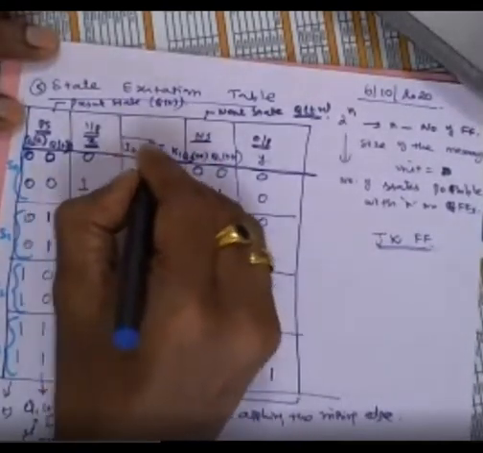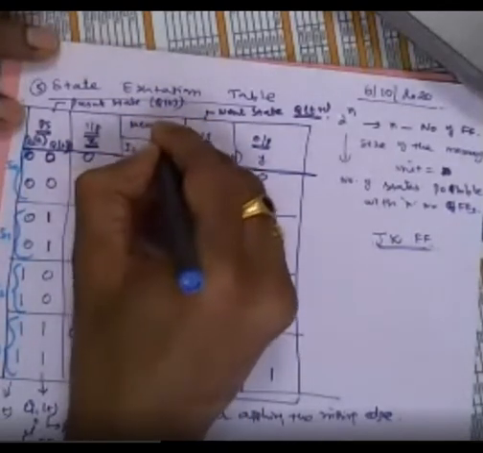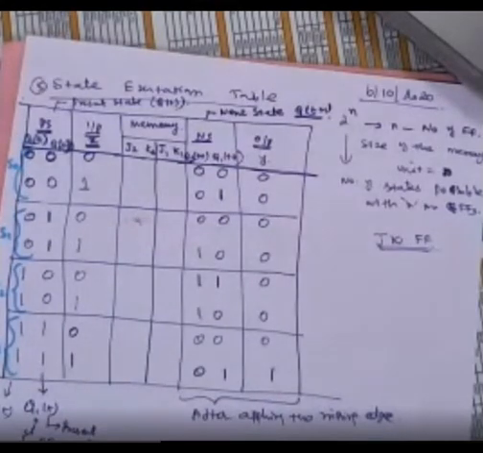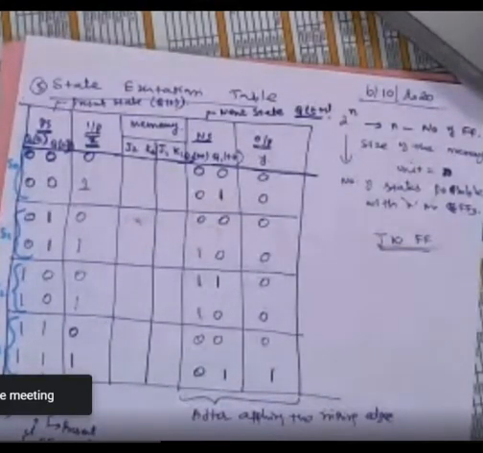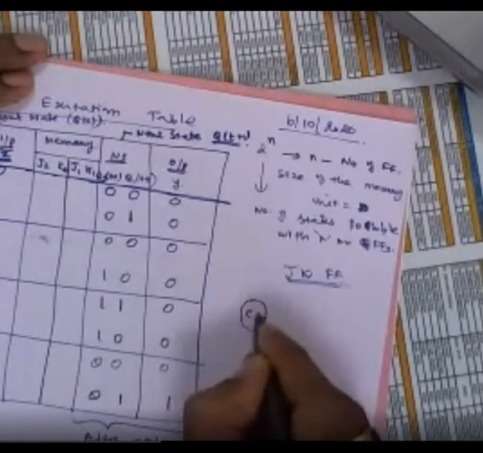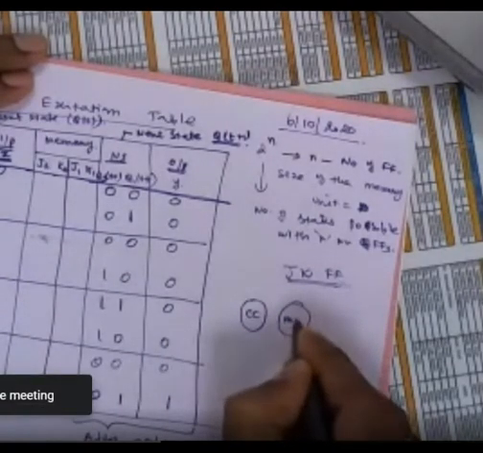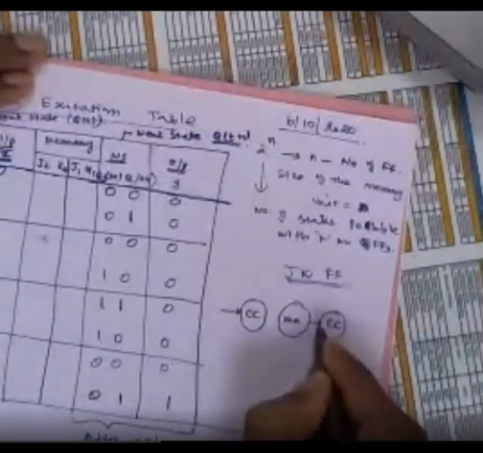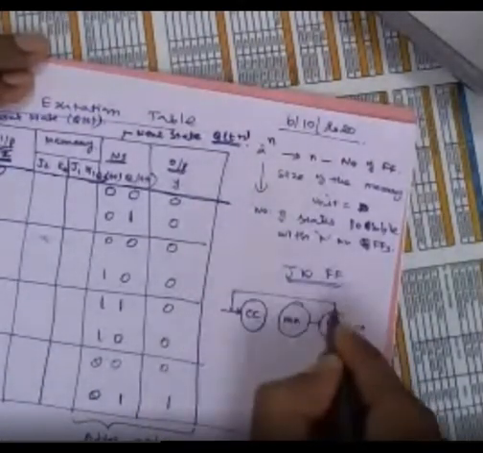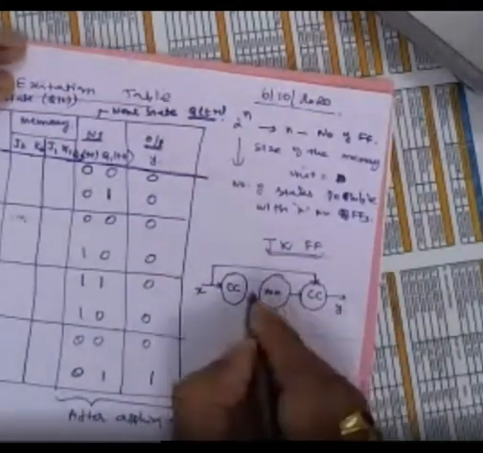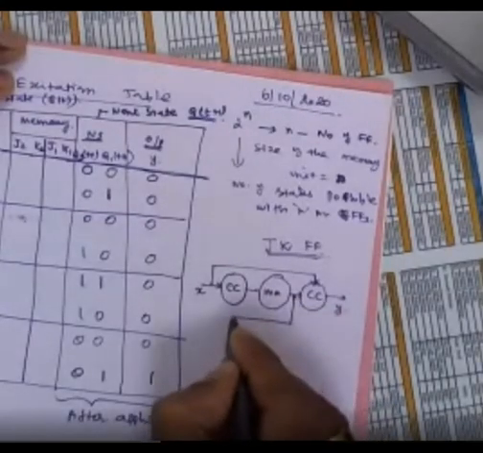This is nothing but memory. So we know our typical structure of the circuit. What is the typical structure? There will be one combinational circuit, then there will be a memory, and there will be another combinational circuit, right? So input goes here, then the output comes out. This input also goes here. This is our Y, this is our X now. Then this state will come back to this combinational circuit.